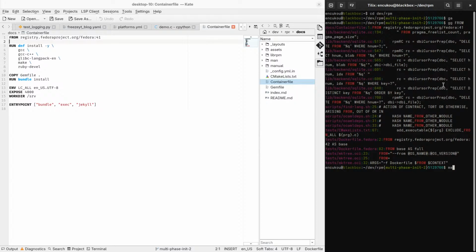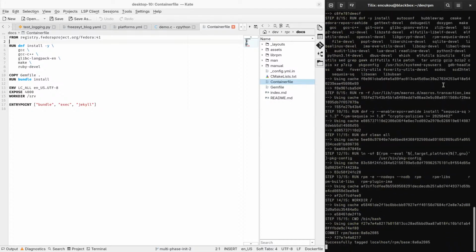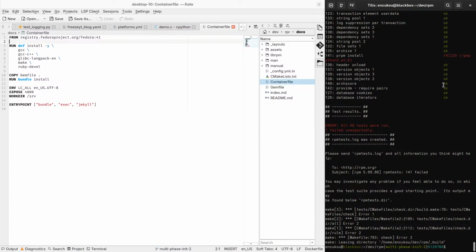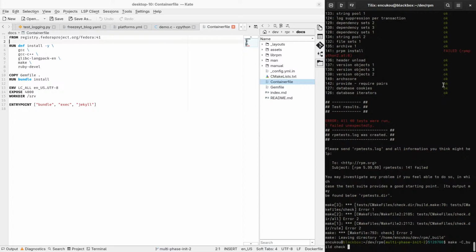Just make. No, wait. Which one is that? It's make. Is it just make or make check? I'm not sure at the moment. Let's try with the first one. Running make, and make is all right, and then I run make check test ops